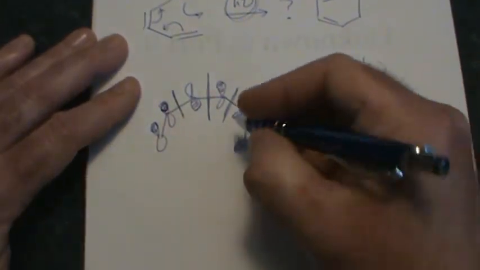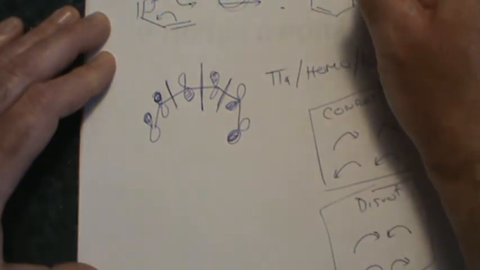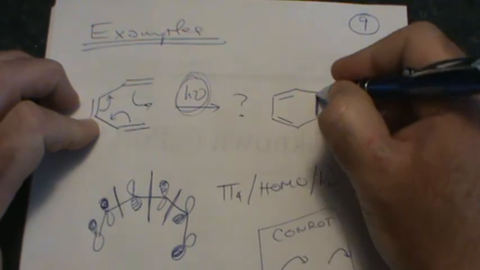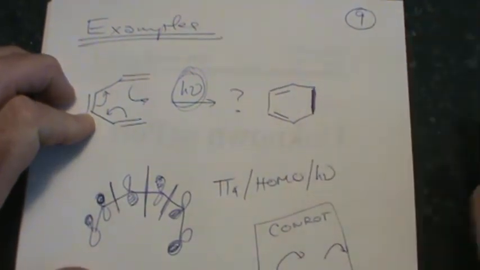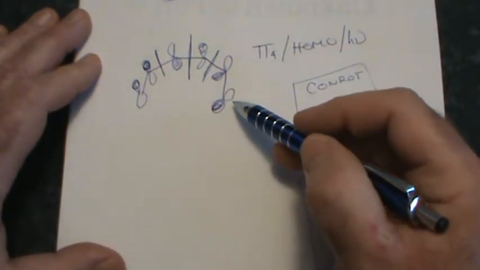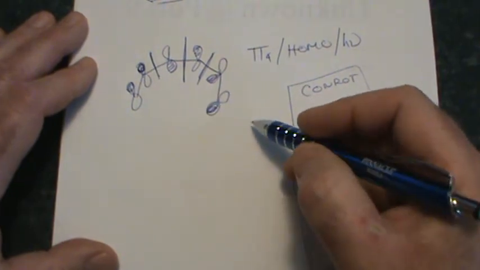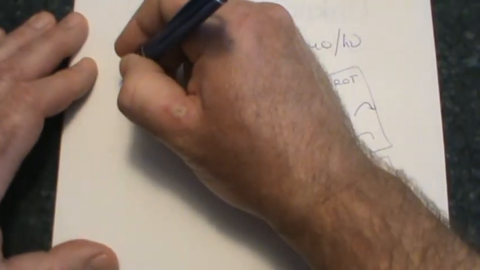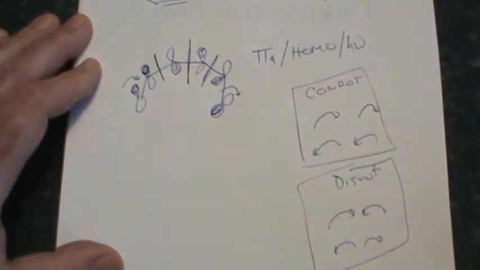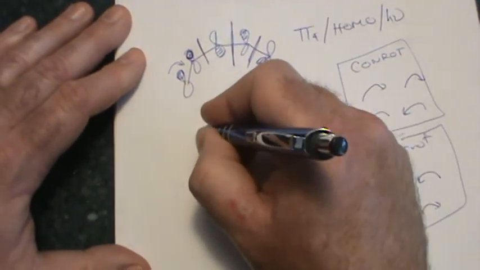And to be sure, we're focused on the 2 terminal carbon atoms because those are the ones that are the site of the new bond formation. There's the new bond forming right there. This is what we're looking at. Will this sigma bond form to make the ring? Unfortunately, my p orbital over here is kind of tipped sideways, but hopefully that won't disturb you. And you can see that if I allow this p orbital to fall that way and this p orbital to fall in the same direction,